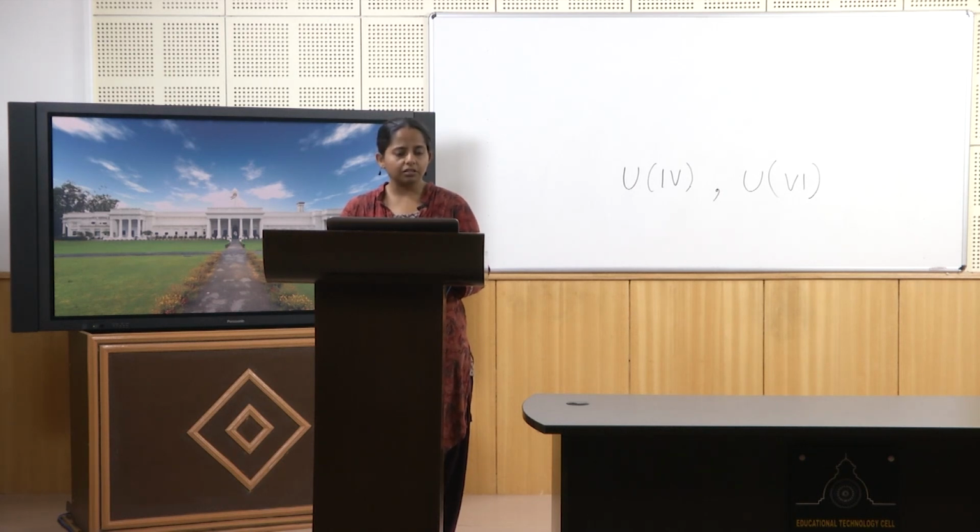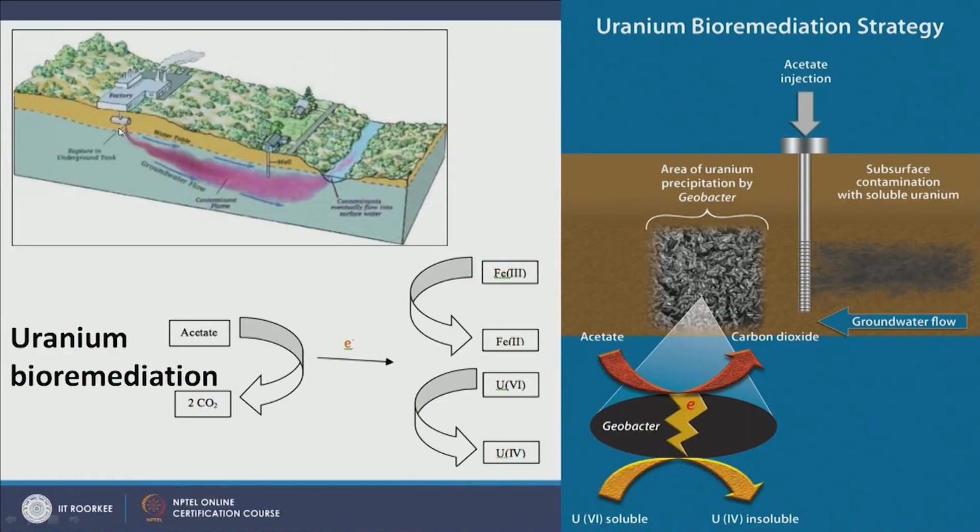Here we have a factory disposing its waste. It could be a mining industry that is disposing its spent ore, or it could be a petroleum factory, or any other factory. They usually keep their waste underground, and if there is any rupture in the underground tank, the water will take the contaminant along with it, and it can be picked up by the wells downstream and by the surface water downstream. So, when it comes to uranium, as I mentioned, it has two forms, uranium 6 and uranium 4,